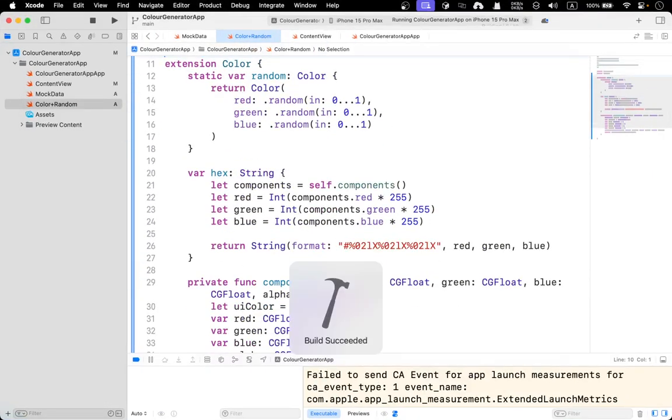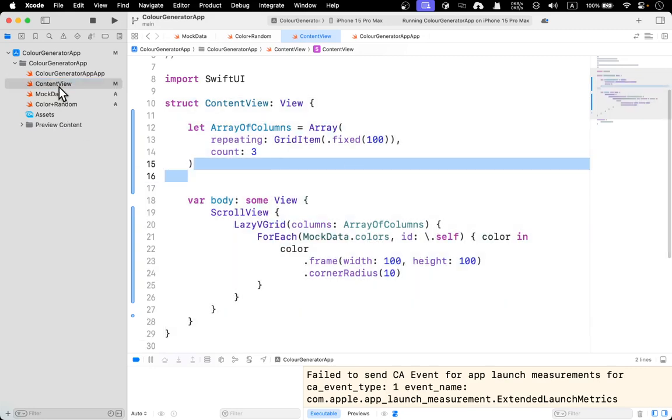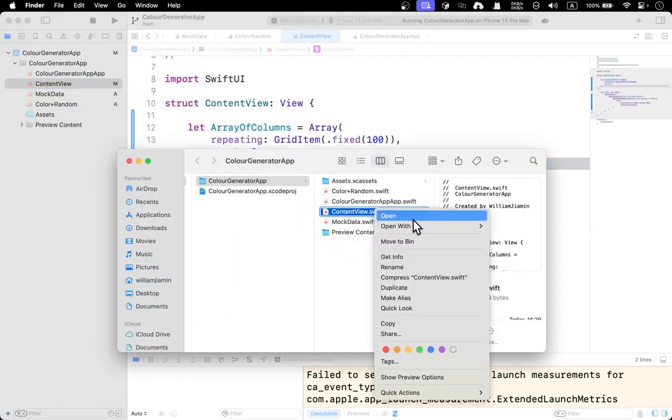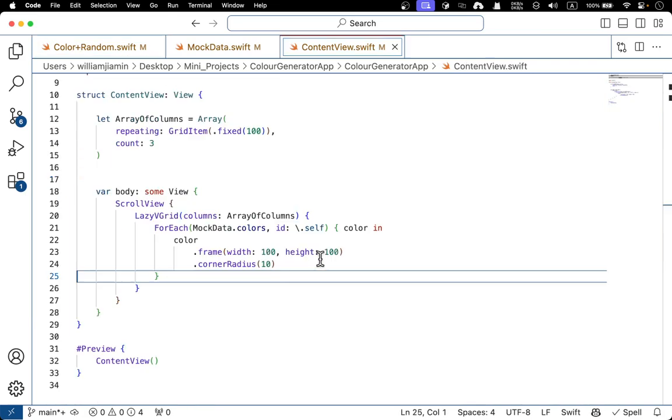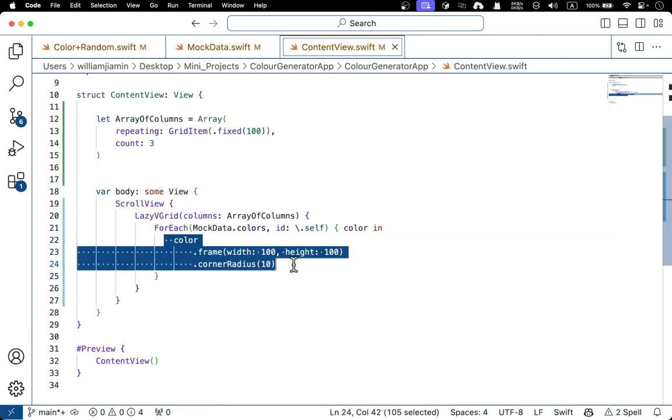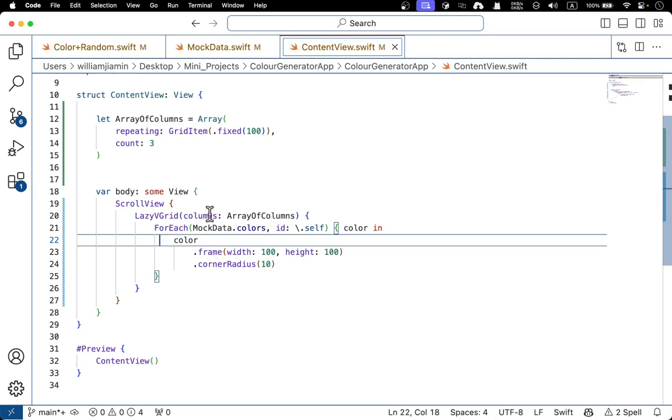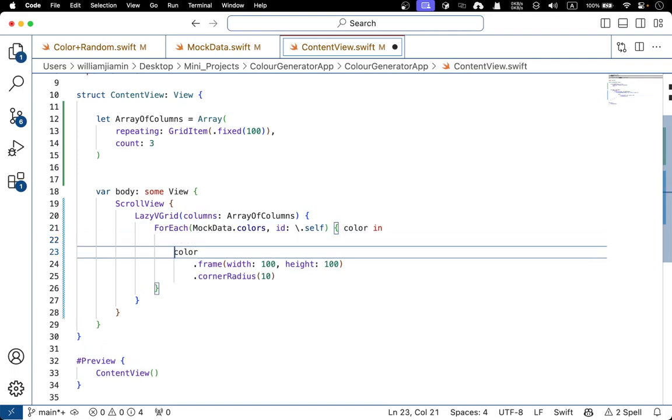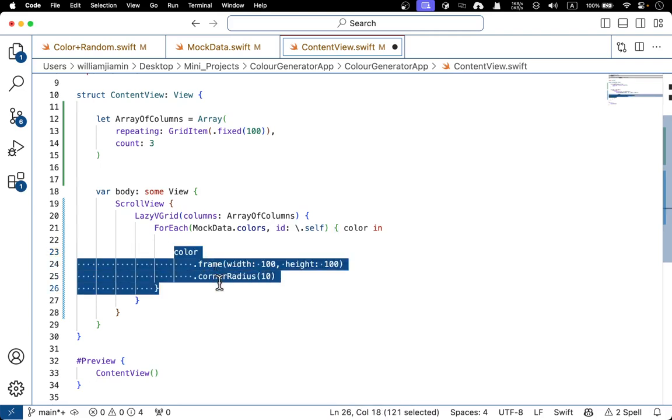And we have to find a way to actually show that in content view, right? So the content view, right now it's just some simple color with a specific frame as well as corners and a corner radius, right? But what I'm trying to do is, for each, not only just show the color, but rather wrap everything. So the color, color in color, right? So I'm going to wrap everything